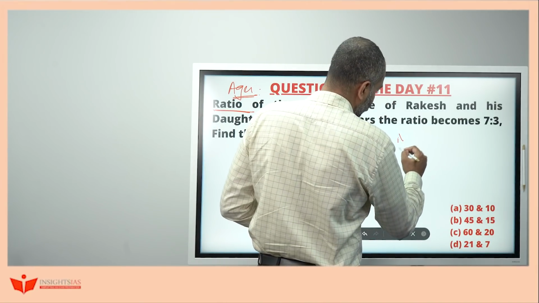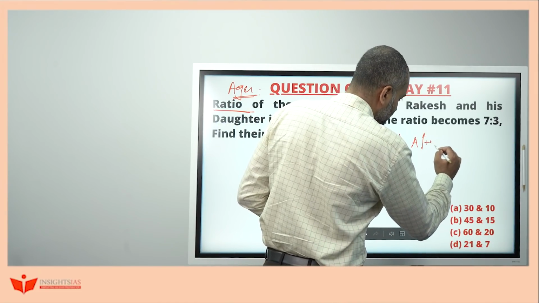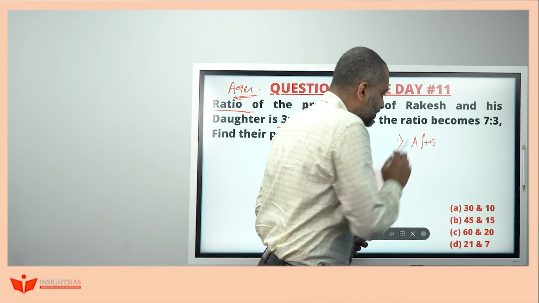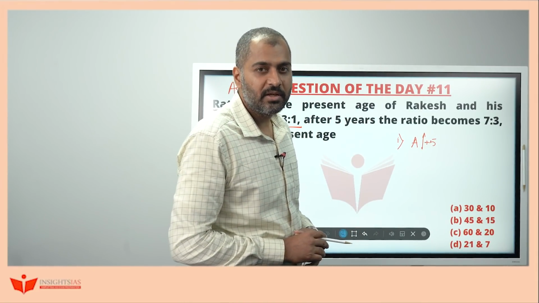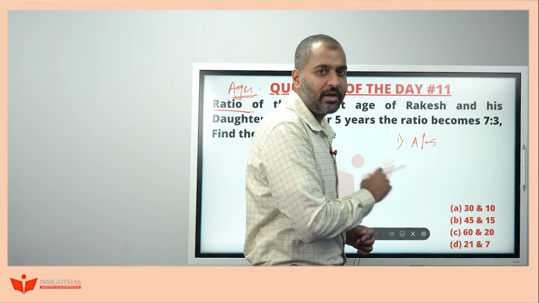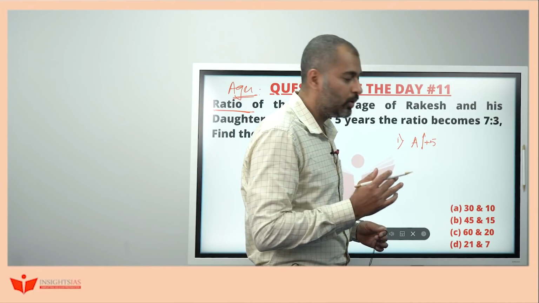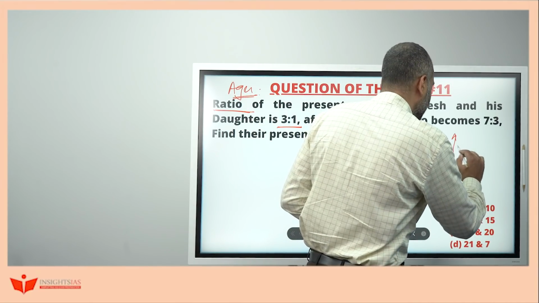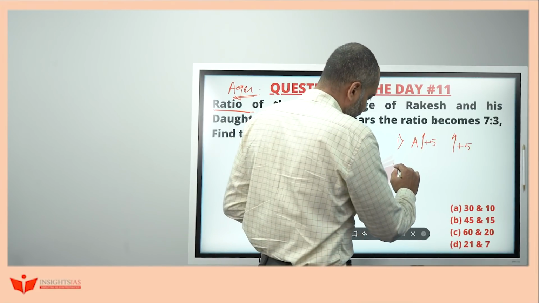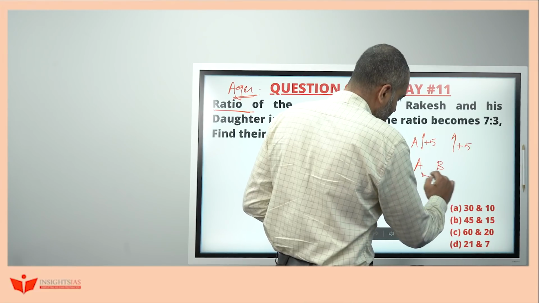One is, if the age of A, a person, increases by 5 years, it means B's age, C's age, his father, sons, daughters, husband, wife, whoever is around him, or anyone around the world, everyone's age will be increased by 5. So age is relative. Second, if the age gap between A and B is 5 years,